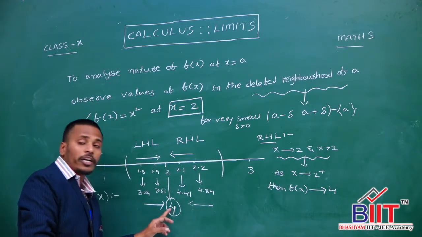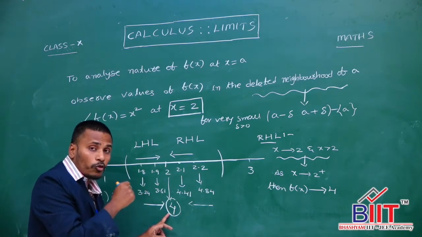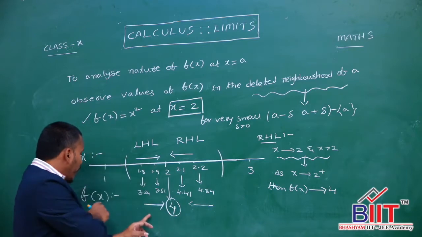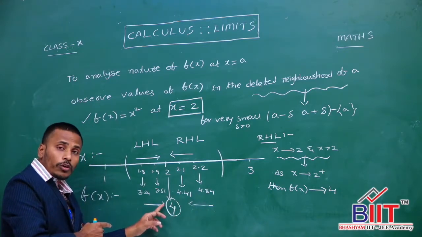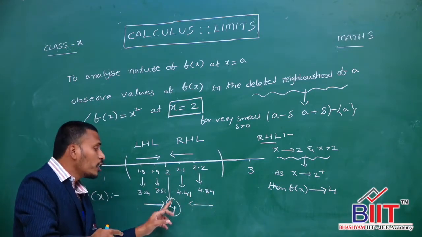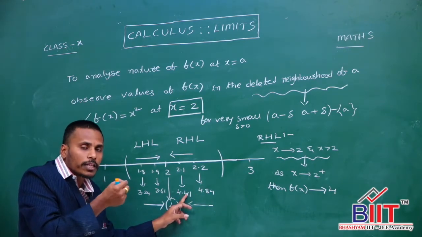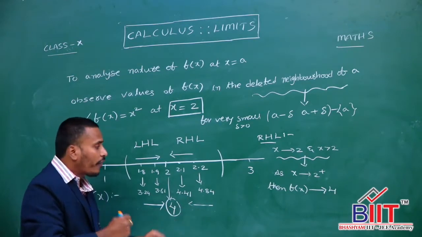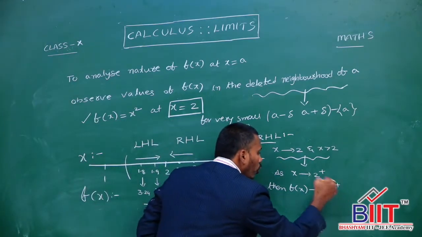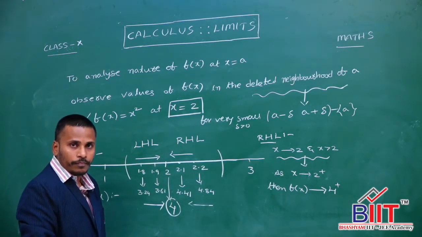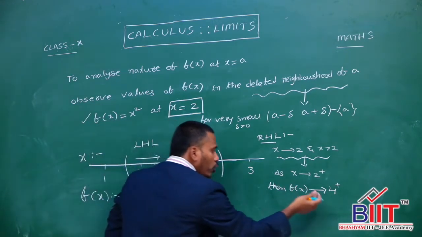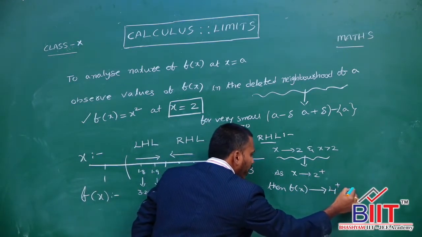And in keen if you observe f of x, the values of f of x are moving towards 4 and that too decreasing towards 4, in the sense the value of f of x is also a small value greater than 4, and that is why we say that f of x is also tending to 4 plus. Since f of x is tending to 4 plus, or sometimes we usually say it as 4,